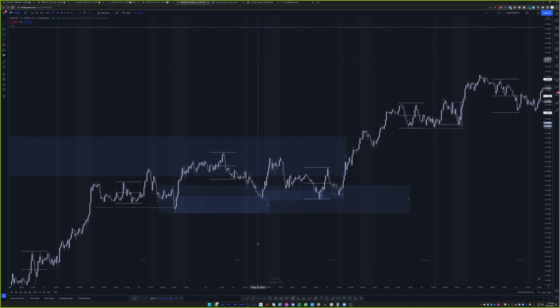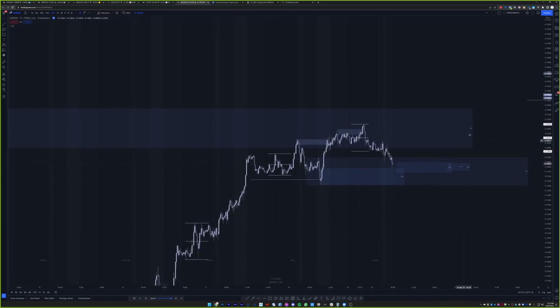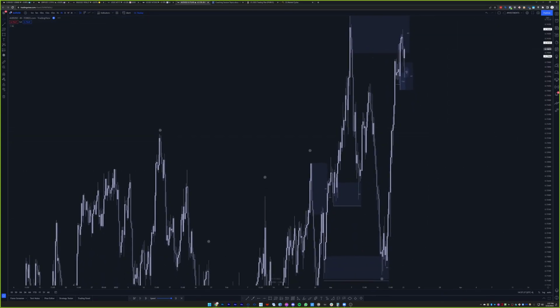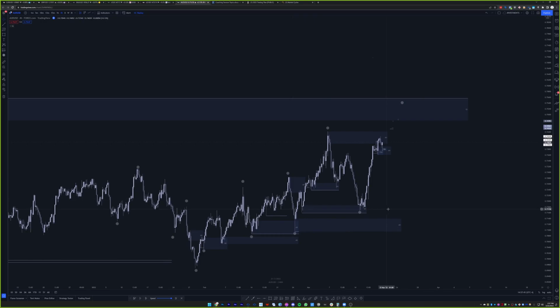I'm kind of curious to see if there's anything I would have taken here, because we're getting failures here in the 15-minute. So even though we're in a 4-hour zone, right? Remember, we're bullish, so we're kind of, oh wait, were we bullish at this point? Yeah, we were. We're kind of expecting. This is a weak low or a weak high, right? Yes, this is a weak high, so we expect it to fail and break the low to go. Yeah.